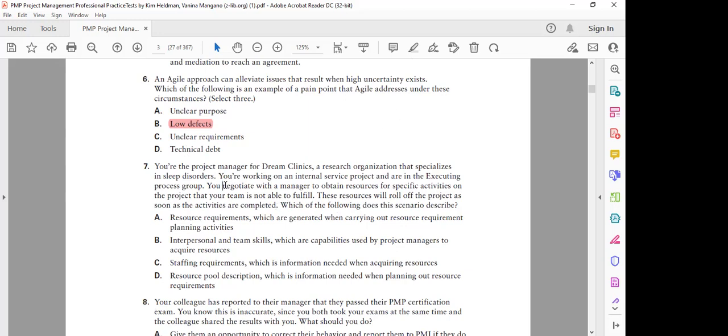You are negotiating. And you are negotiating for something which you already had, but it didn't work. So here the right answer would be